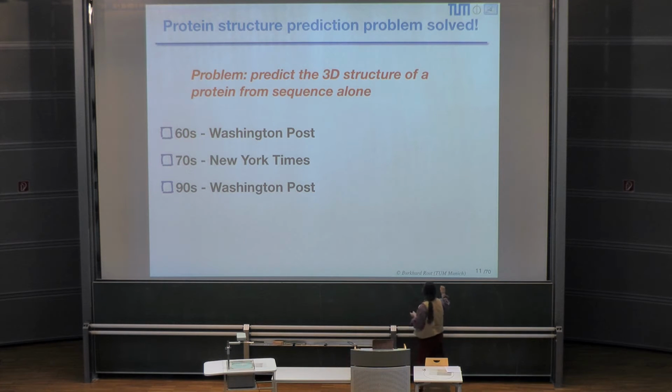One issue is called Anton. Anton is a very large computer that stands in New York. It came about through the initiative of David Shaw. Actually, David Shaw is heading the institute, or financing the institute, that built Anton. Anton simply is a special purpose machine. So with a lot of money,